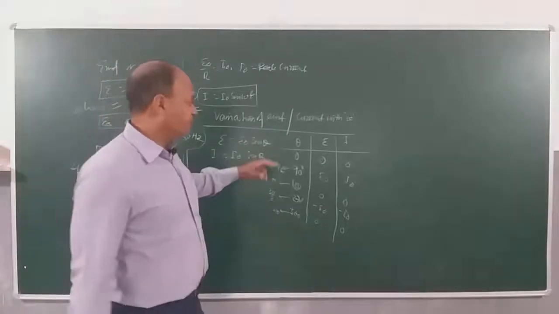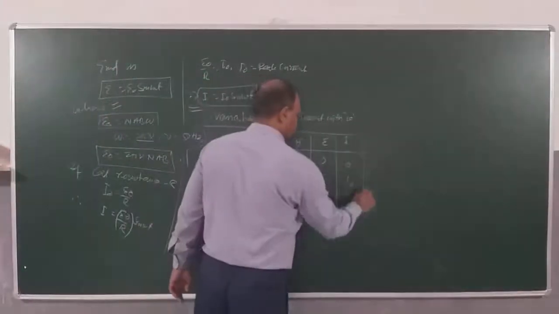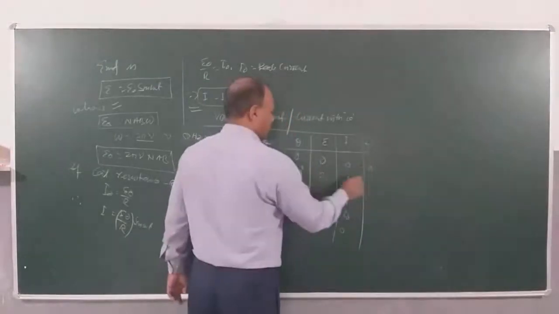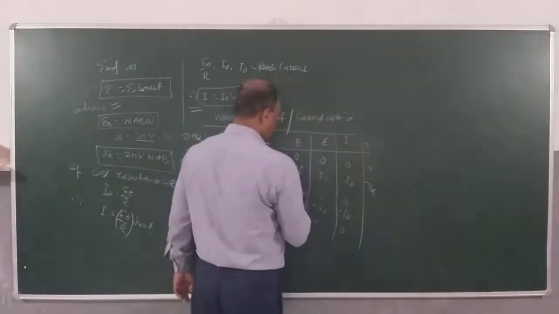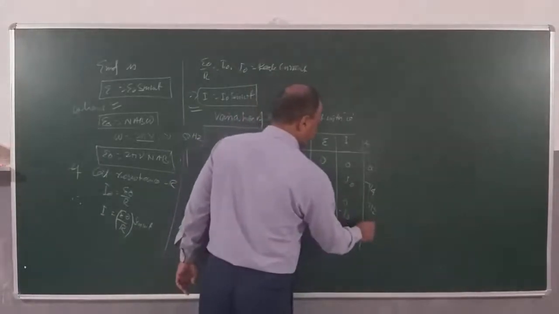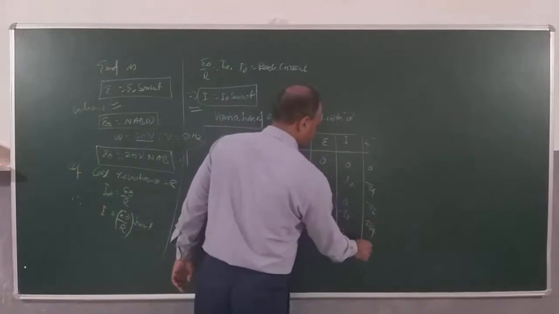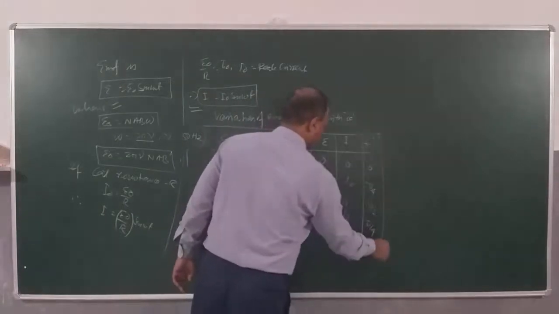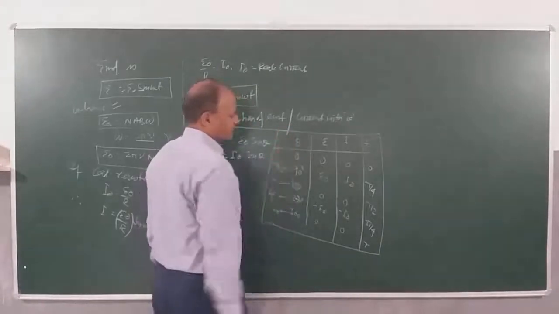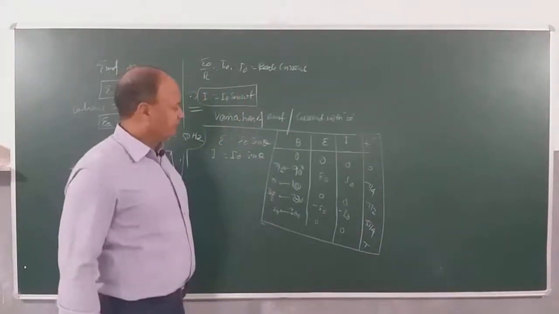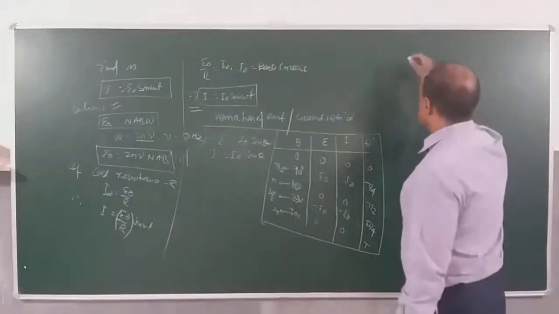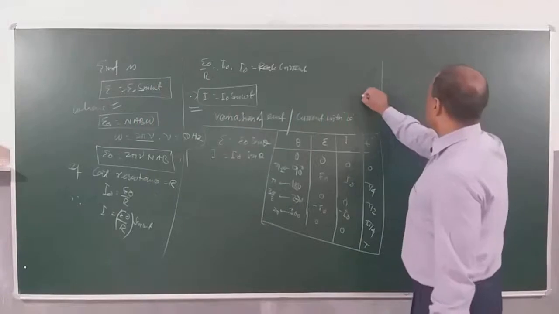So here time is how much? We want to plot time. Suppose theta is 0, then time is 0; 90, then 1/4 of the time period; 180, then half the time period; 270, 3/4 of the time period; and 360 means the full time period. So you can use these measures for plotting the graph. We can easily demonstrate these values on a graph, and this graph is important for your exam also. They ask you to plot this graph.